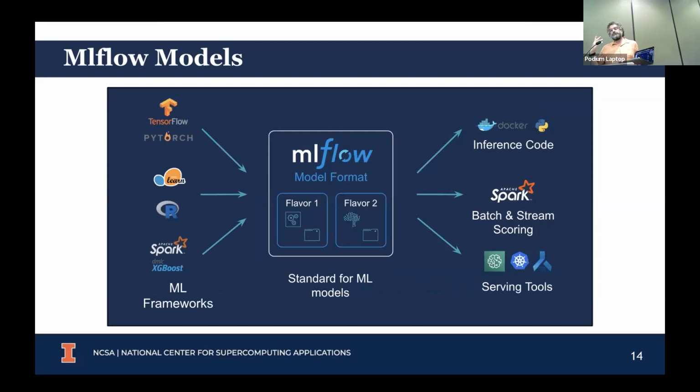So, at the end of everything, you would want to be able to publish a model and share it with your colleagues. But one of the things that I don't think we do as much in academia, but in industry, models are never done. So they're always evolving. And so the MLflow model repository allows you to version them and say, so this run produced this model.